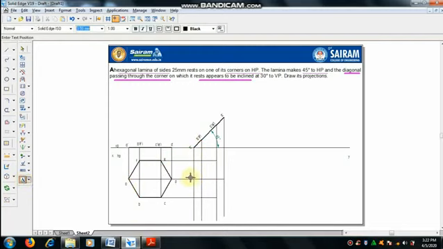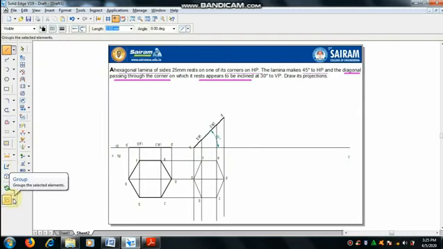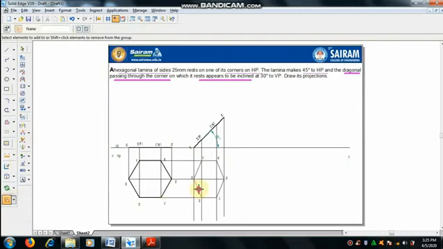So the intersection points we mention as A, D, B, and C. Now with the help of the line command we have to join all A, B, C, D, E. Select all the entities with the help of the group command and make them into a group.